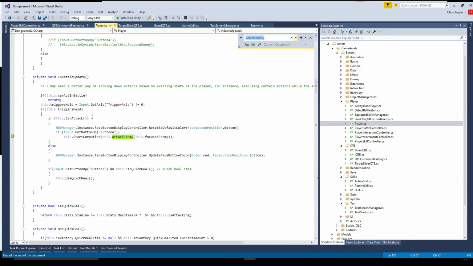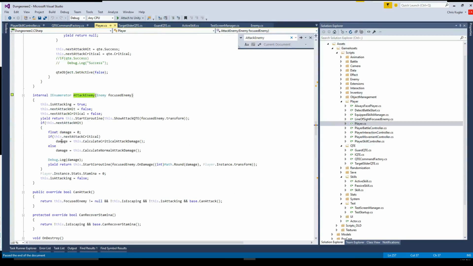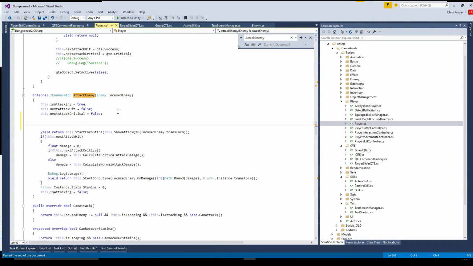Attack enemy gets called when the player hits the A button during battle. So I want to keep this and these, and I'm going to yield return start coroutine